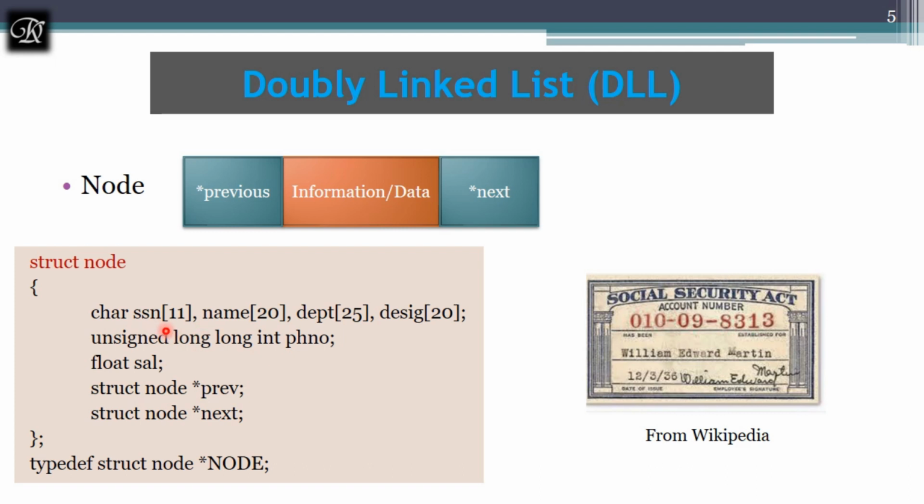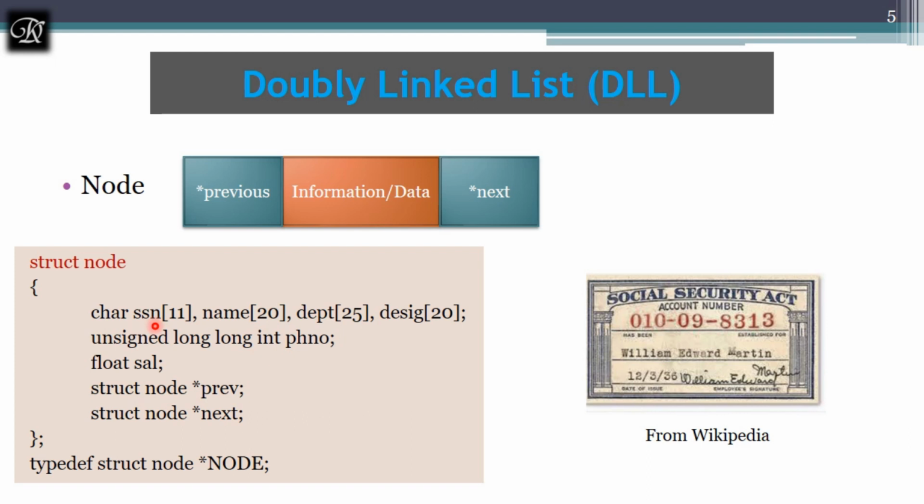This is given in the question that they are going to ask for. We have to create a SSN. SSN stands for Social Security Number, which is a US standard, just like our Aadhaar number, which is of 9 digits as shown over here, which I have taken from Wikipedia, and which is alphanumeric where you can see the hyphens in between. That's why I have taken it as a character.